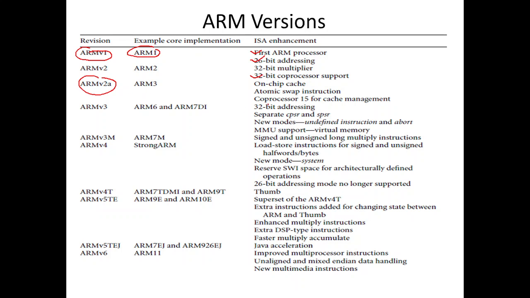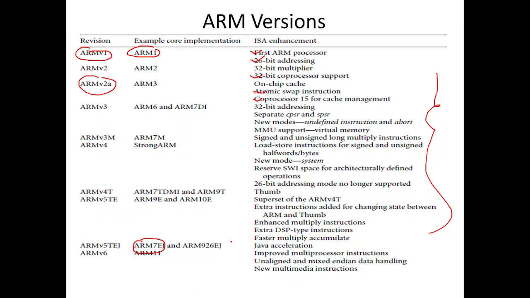So on that, they are adding an automatic swap instruction along with all the first features and coprocessors. If you see the development of this whole thing, the development of the ARM version goes up to ARM v6. So after ARM v6, finally we reach ARM 7. The most popular device in the ARM family is ARM 7, because it supports